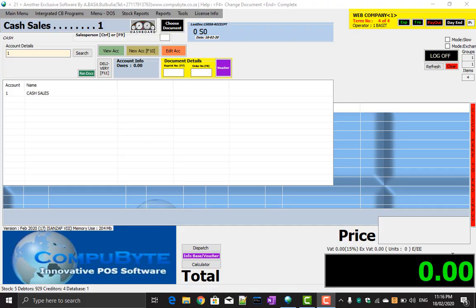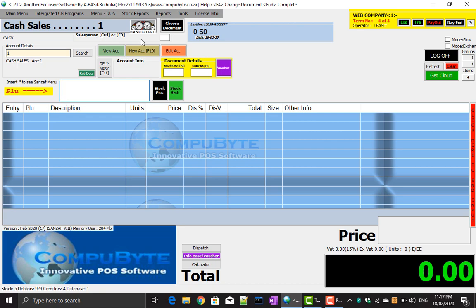It is important to note that whenever you do a sale on the CompuByte POS program, it will automatically update the stock values on the website. However, this is a one-way update. If you sell an item on your WooCommerce website and now you're fulfilling the item, then you have to go back to your cash sales so that you can update your local POS program, and then you open a new